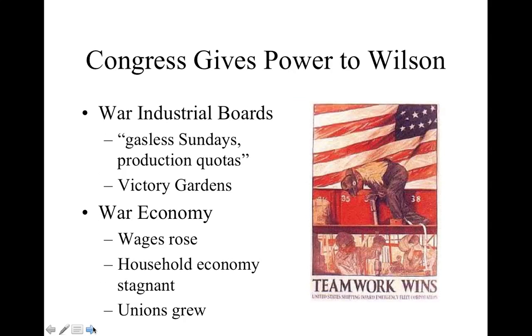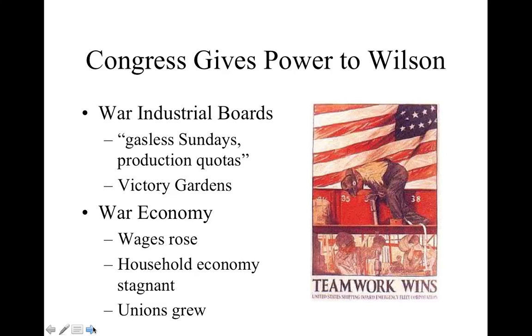So the war at home. Congress will give power to Wilson. During this time, Wilson will stimulate the economy by really shifting efforts from producing consumer goods to producing war supplies. And again, President Wilson will have direct control. He'll also create a War Industries Board. The War Industries Board will be